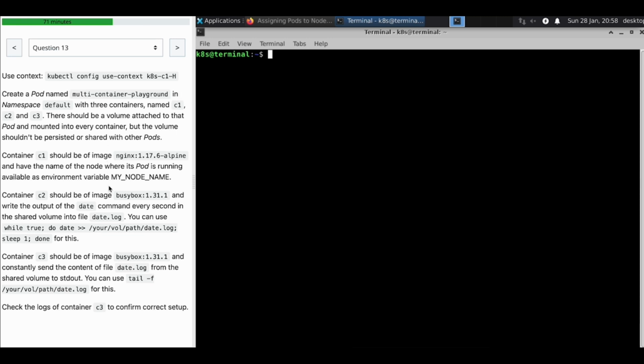Create a pod. We have to create a multi-container pod. C1 with this env, C2 with this command we need to execute, and C3. And we need to mount a volume in every container. Okay, let's do that. k run pod name